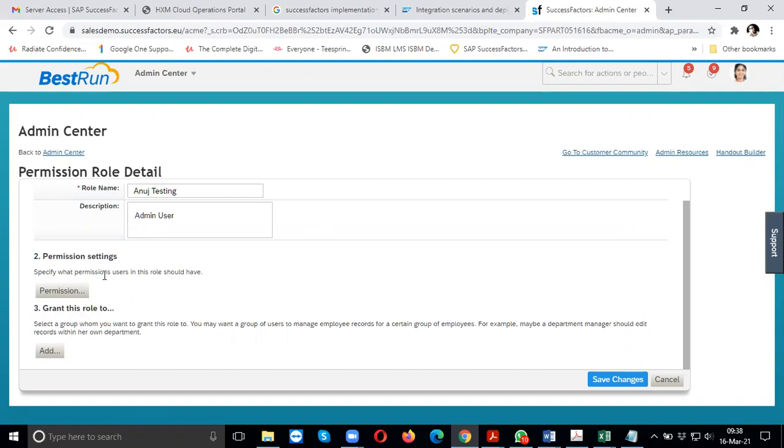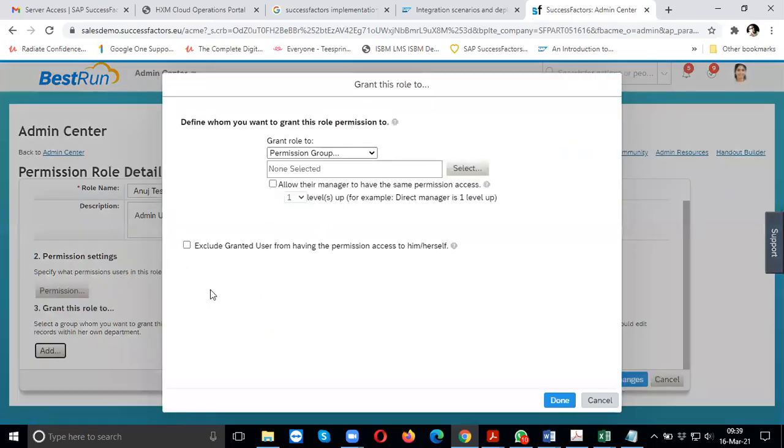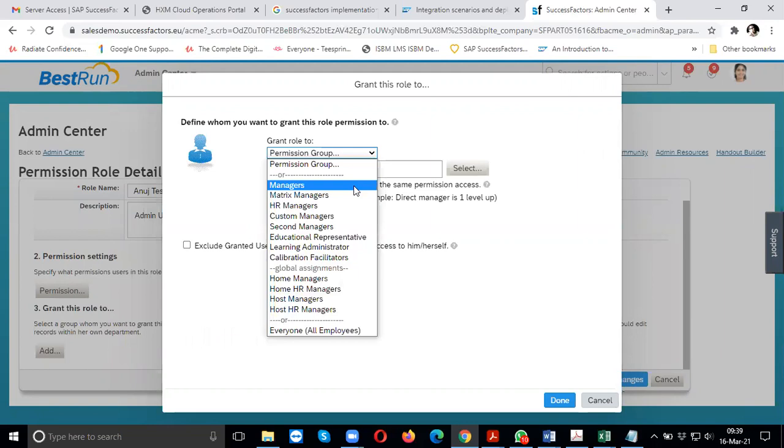Now, once you give the permission, you have decided the permission settings. Third is you will grant this role to a person because you have created the permissions now. So you need to grant this role also. You will get options like manager or matrix manager, HR manager, second manager, education representative, learning administrator, calibration, or it can be anything.